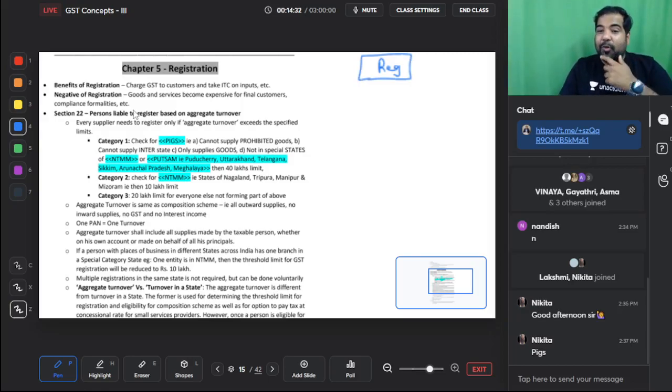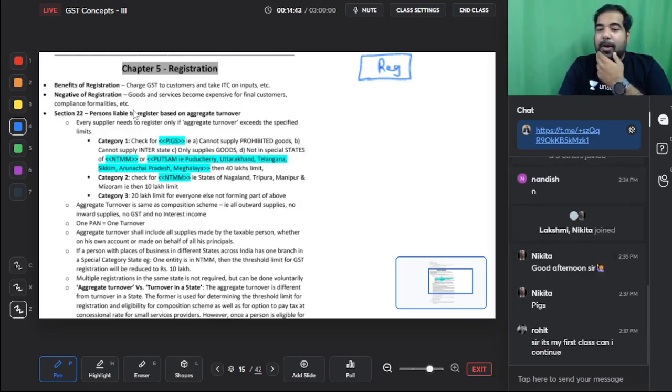Good, Nikita, you know all the shortcuts. I'm really happy. Nikita, after your exams, if you want to intern with me, I'm preparing some notes, and if you want to help me, I'm more than happy to give you a paid internship. So it's my first class. Can I continue? Definitely, Rohit. Guys, anyone else who also wants to continue, there is no problem with it. Please join in and please continue.